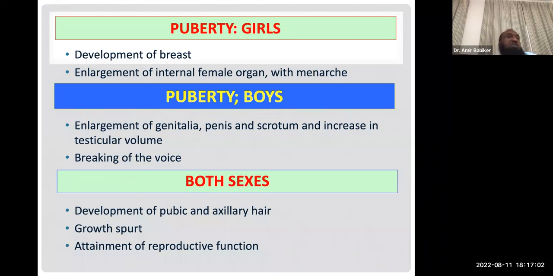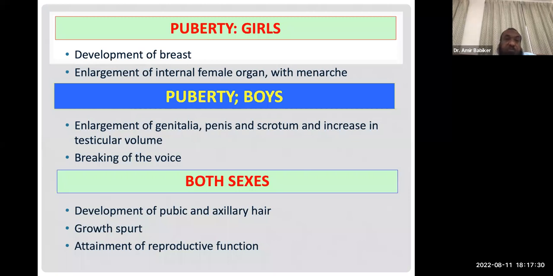Yes? While P1 is nothing, P2 is something around the labia or the scrotum, P3 is reaching the pubis, P4 is getting curlier, and P5 is having the adult shape, triangular shape. So reach the pubis by P3. Getting curlier, this is 4, a bit more dark and curlier. P5 is a triangular shape. B2 is around the scrotum and the thighs, but not reaching the pubis.